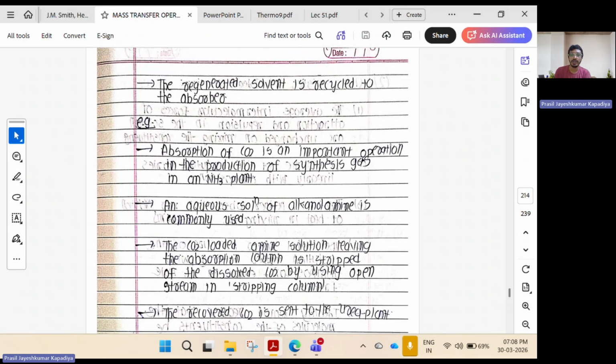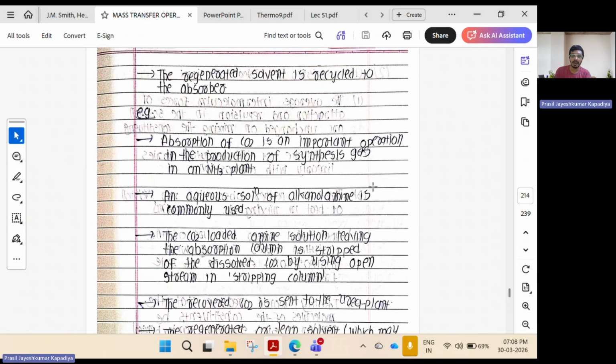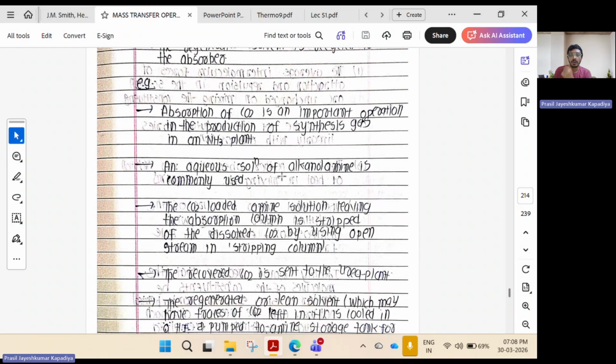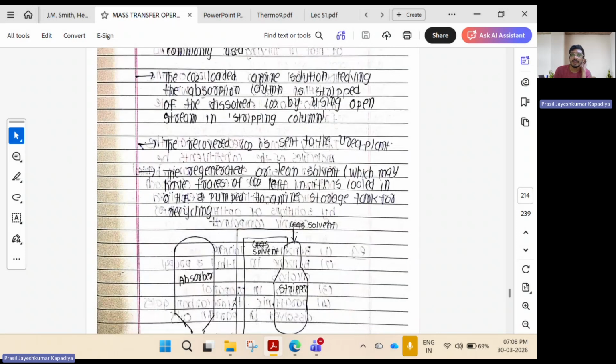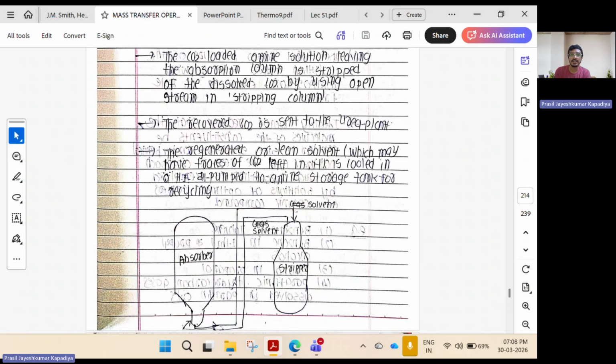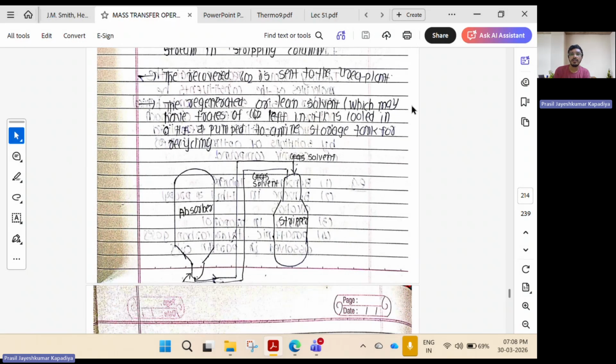So the absorption of CO2 is an important operation in the production of synthesis gas in an ammonia plant. An aqueous solution of alkanolamine is commonly used. The CO2-loaded amine solution leaving the absorption column is stripped of the dissolved CO2 by using open steam in a stripping column, and the recovered CO2 is sent to another operation, let's say some urea plant. The regenerated or lean solvent may have traces of CO2 left,